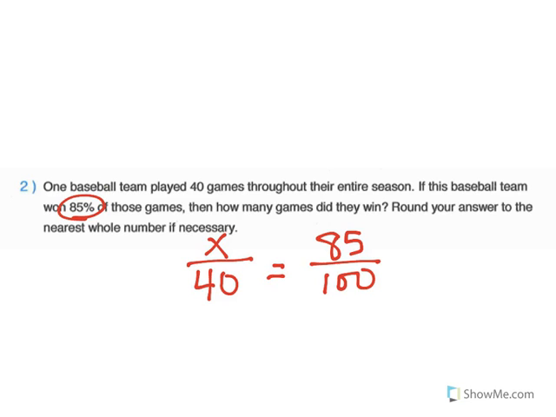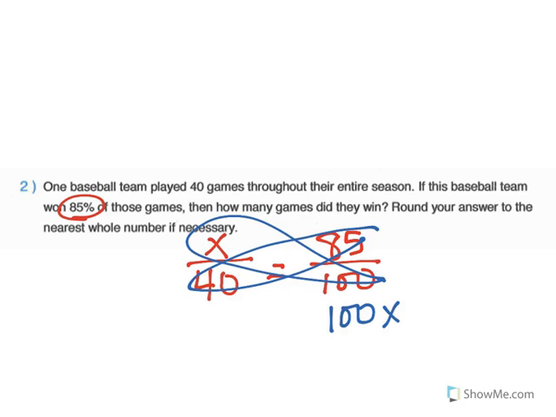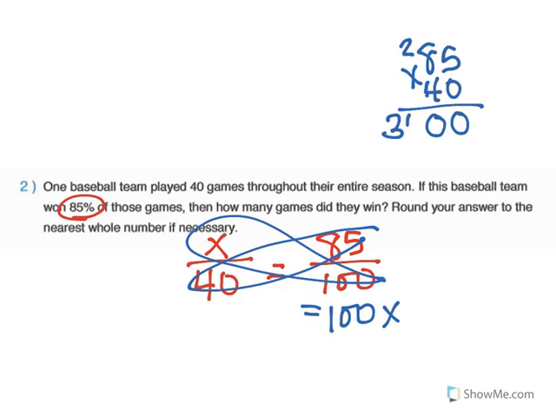So what I have to do, there's several ways we could do this, but one way is the cross products that we've talked about. So we can do 85 times 40 equals 100 times x. So I know 100x, obviously. And I need to do 85 times 40. So I know that if I'm doing 85 times 40, 0 times all that is just 0. Okay, and then I can just start with my 4 times 5. 4 times 5 is 20, carry my 2. 4 times 8 is 32, plus 2 is 34. So that's 3,400